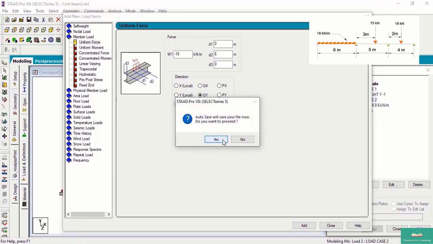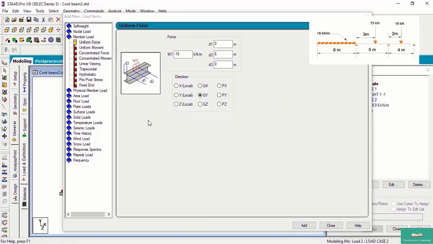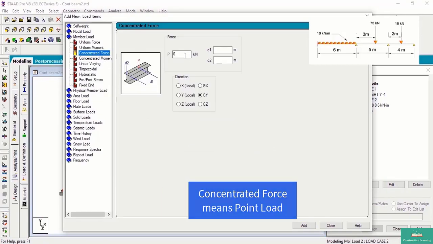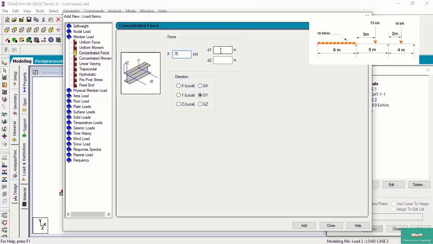Now we need to give concentrated load. For that, click on concentrated force and give intensity as minus 75. D1 3 meter from point B. D2 0, direction GY only.